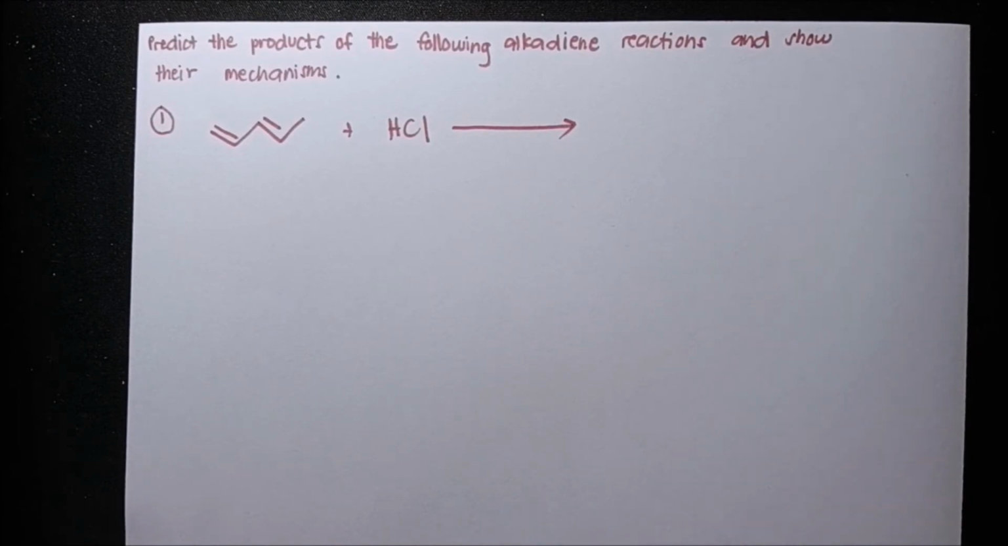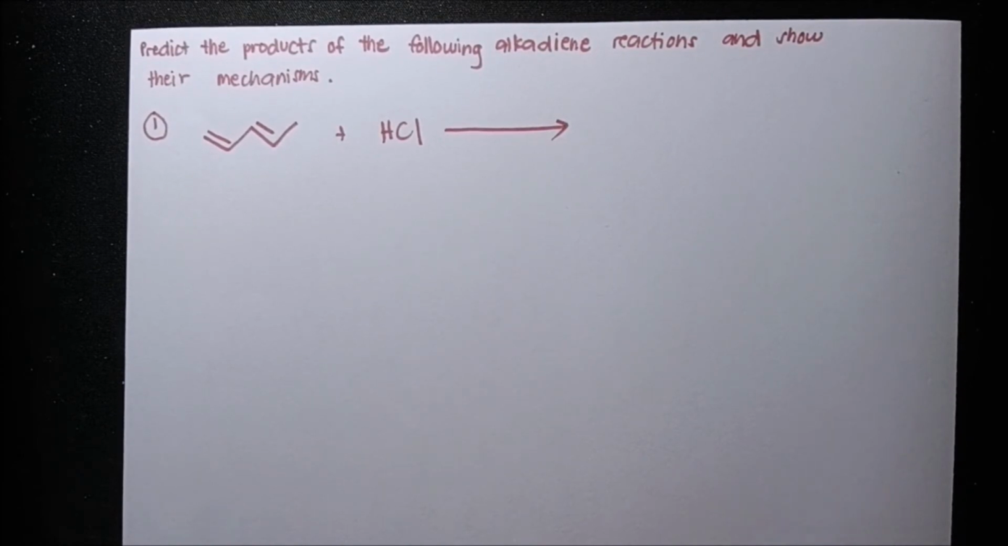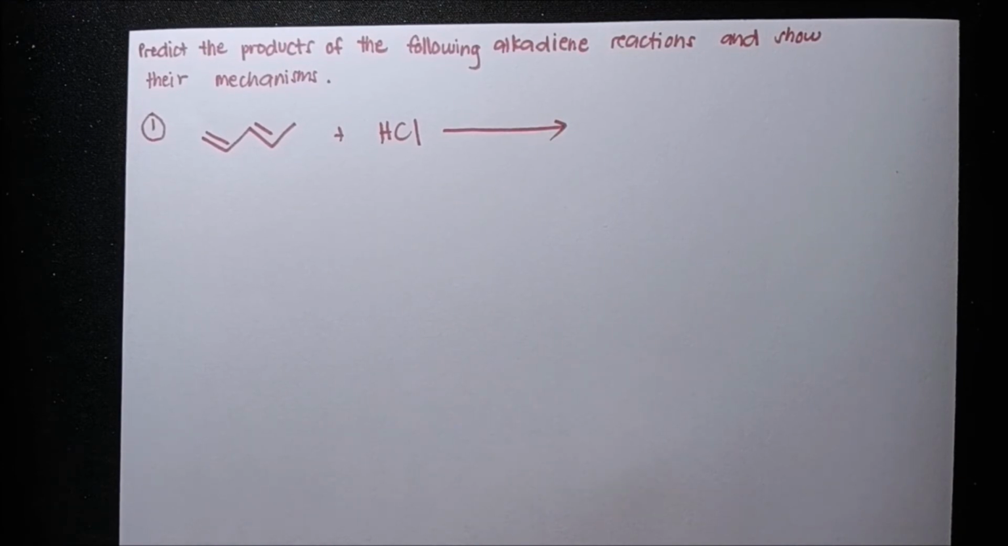Predict the products of the following alkadiene reactions and show their mechanisms. So this is just number 1. You may pause the video to answer on your own first. So we have here a penta-1,3-diene reacted with hydrochloric acid. And this